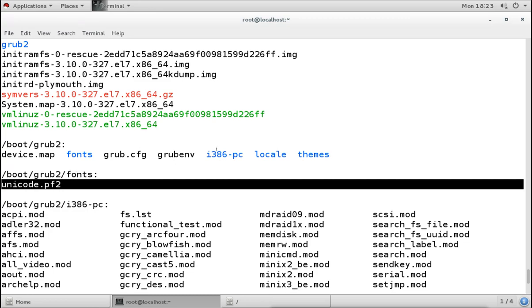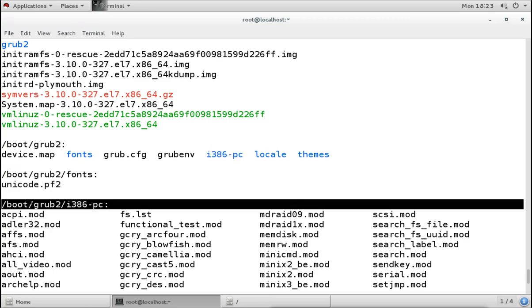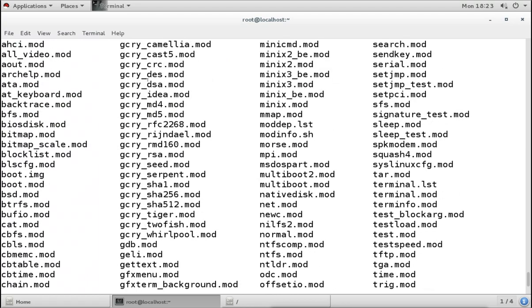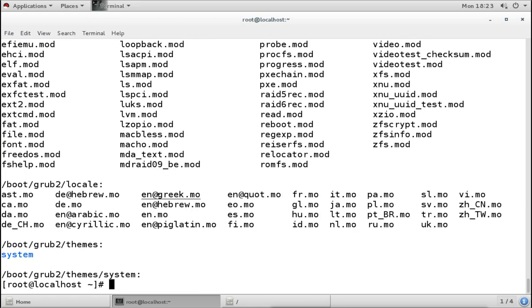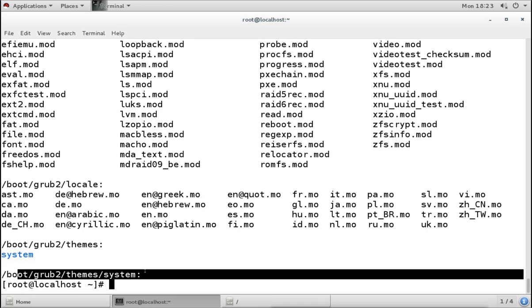Then it opens this directory here, and under this directory we have all these files, but there is no directory, so that is also finished there. Then it opens this local directory. Now under that local directory we have these files, there is no directory, so this is also finished here. Then it opens this theme directory. Now under the theme we have one more directory, no files. Then it opens this system directory, and there is no file there, no directory.